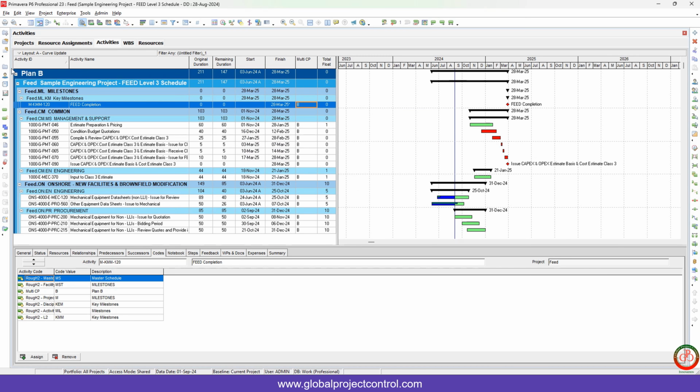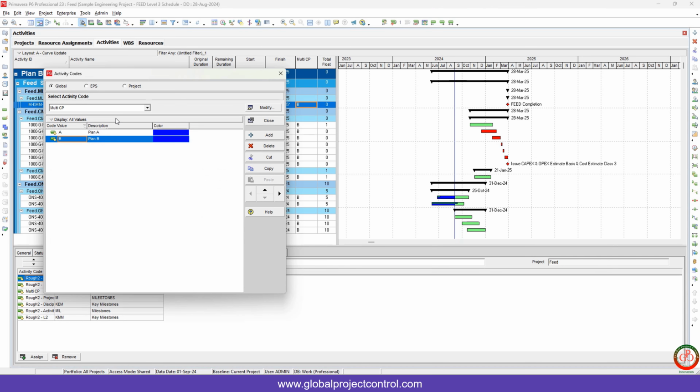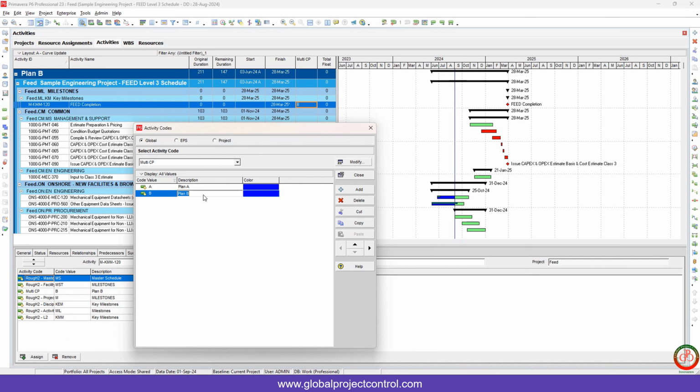Whatever you like to type instead of Plan B, you can go to the Enterprise, take the activity code, and if you update it here, for instance, Plan B near-to-critical activities,